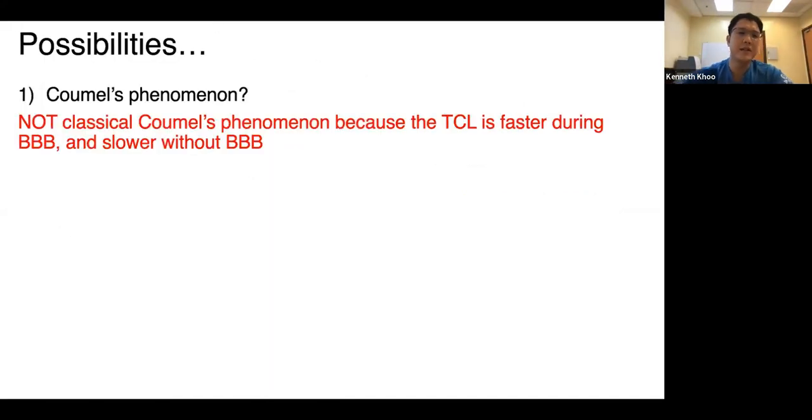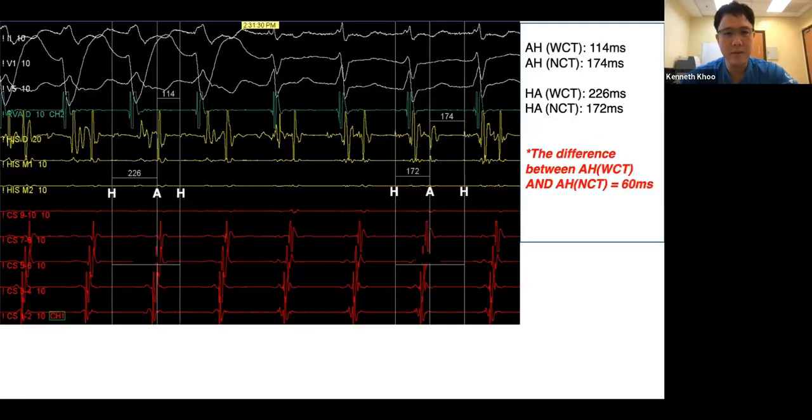So in our case, this is not classical Kuhlman's phenomenon because in our case, the tachycardia cycle length is faster during bundle branch block, while slower without bundle branch block. Now I bring you back to these intracardiac signals that I did not show in my previous slides. This is the same exact snapshot, but now I would like to just show you an interesting finding in this